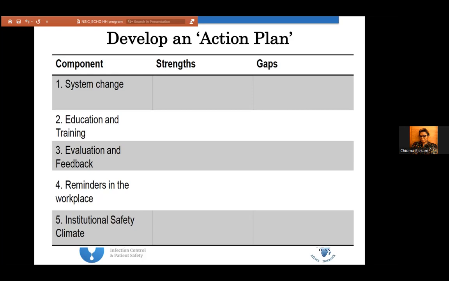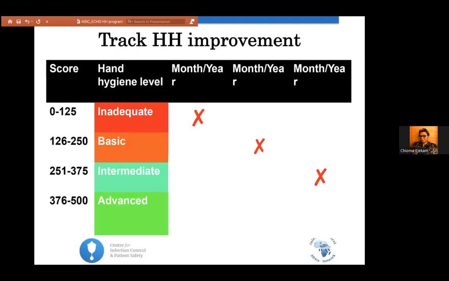So blow their trumpet, see that as a strength. Oh, there's meant to be 100 or 10 hand hygiene stations, okay? But there's only one. Always celebrate that strength, that, okay, we have 1, but we need to have 10. Okay, so you identify your strengths, list out the strengths, then now move to your gaps, okay?